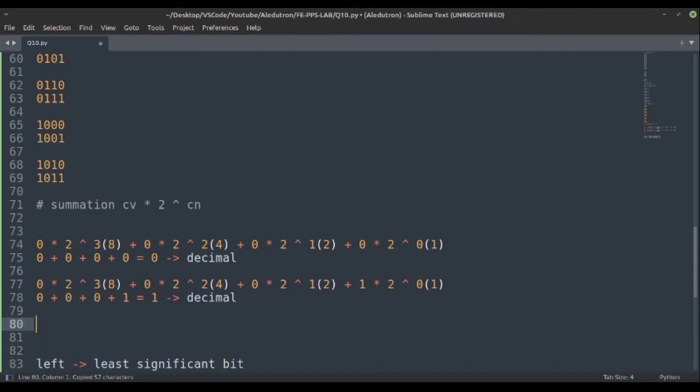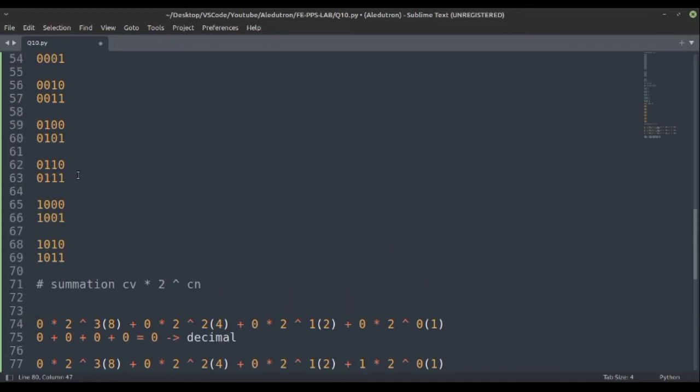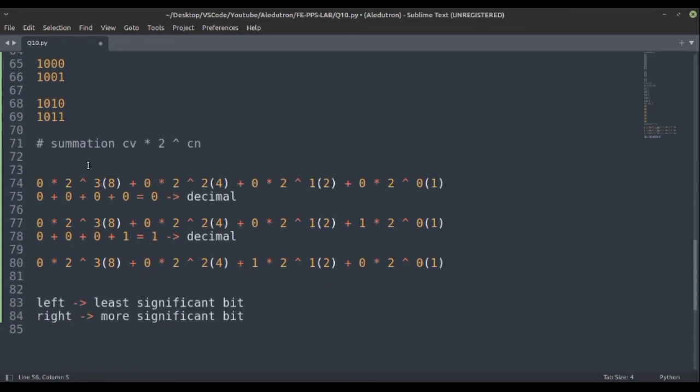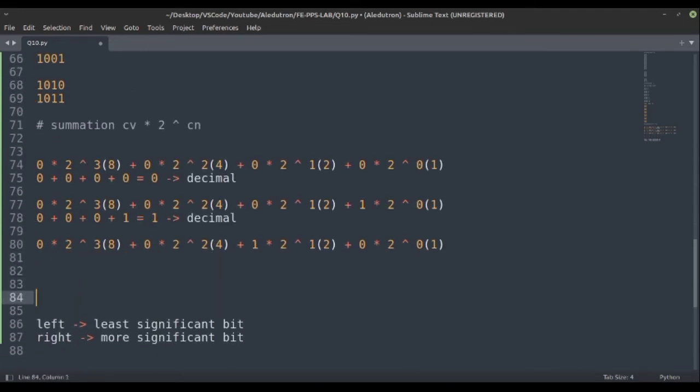So basically now the third value is 0 0 1 0. So here we can see this is the third value 0 0 1 0. So let's just count the value and see whether it is correct or not.